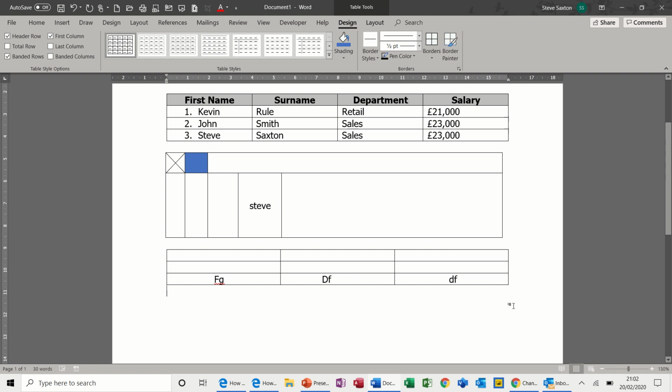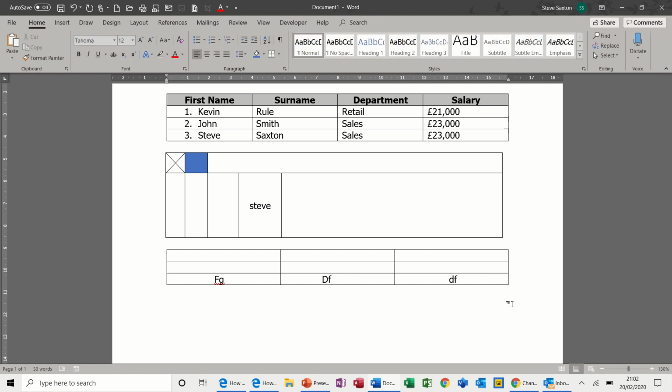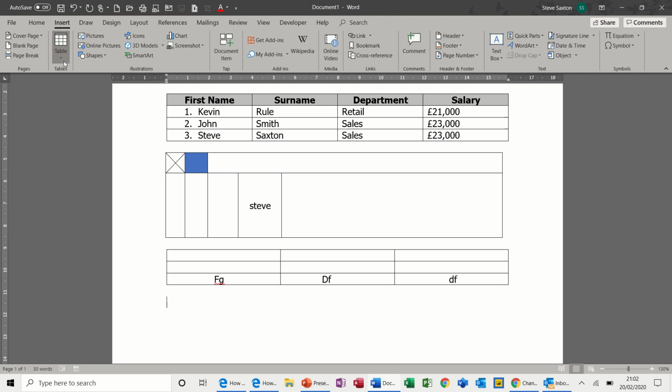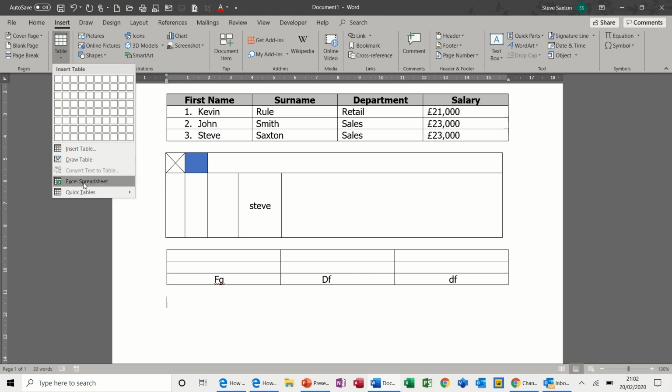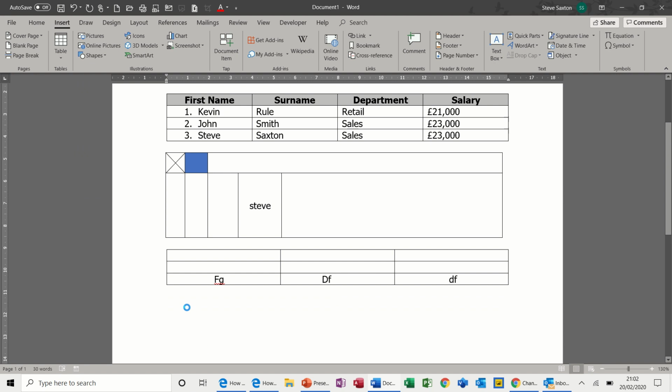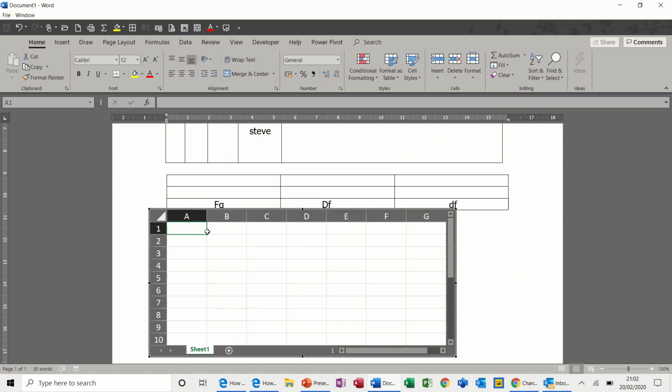Now if I just come out of that one, go back up to insert tables, you've got the option for an Excel spreadsheet. This is going to embed an Excel spreadsheet into a Word document. You are going to use more memory by doing this, but you do have some more functionality in terms of